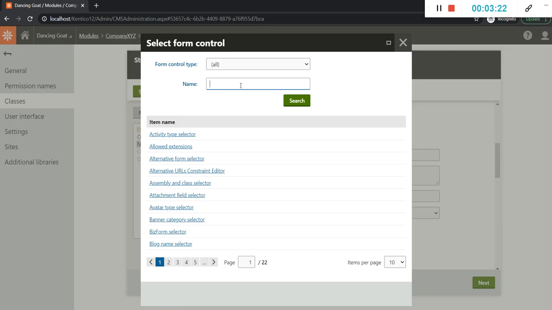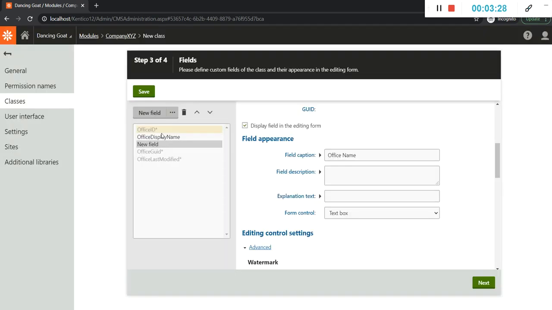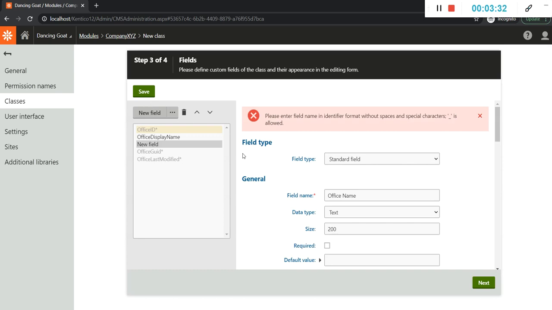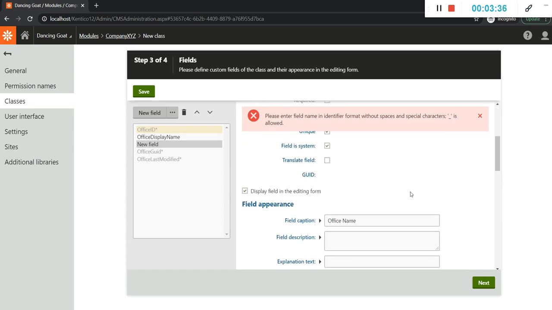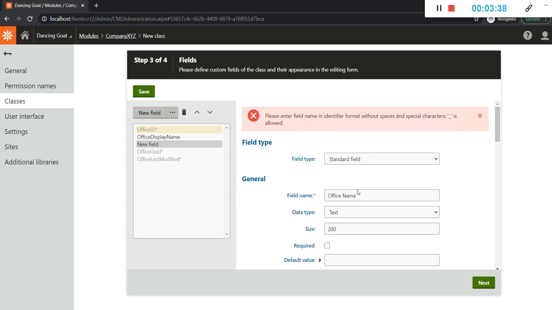Let's select code name here, and save. I'm sorry, there should not be a space here.